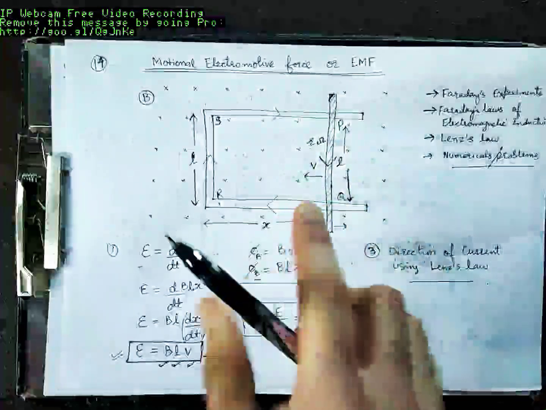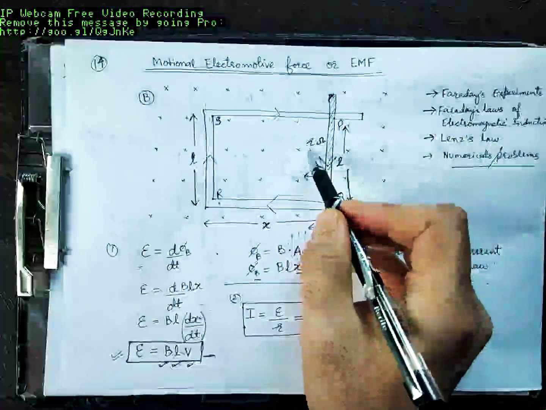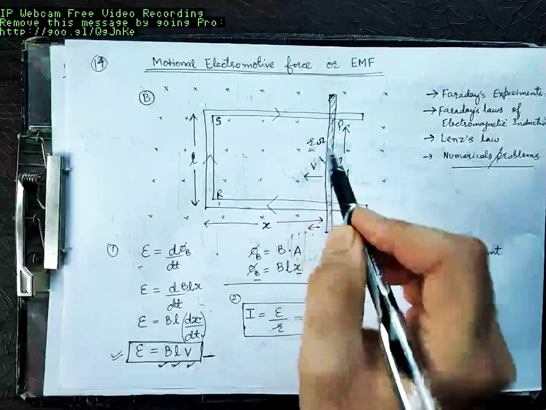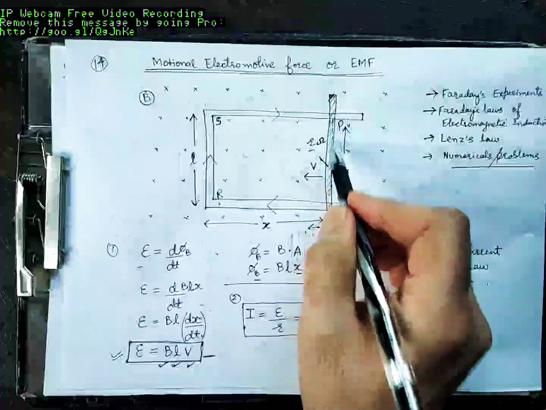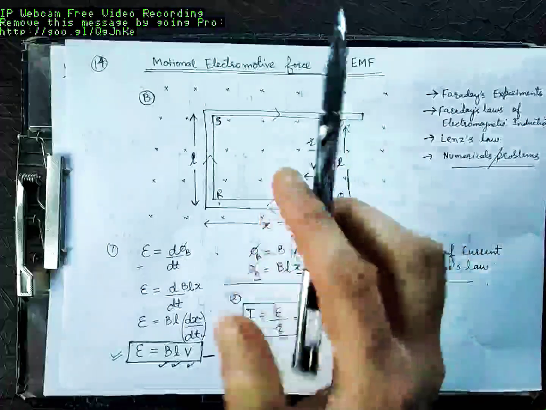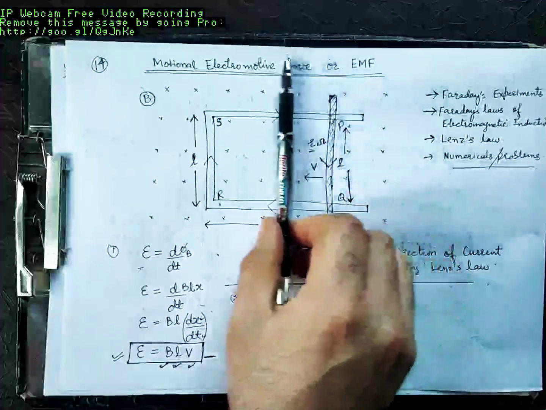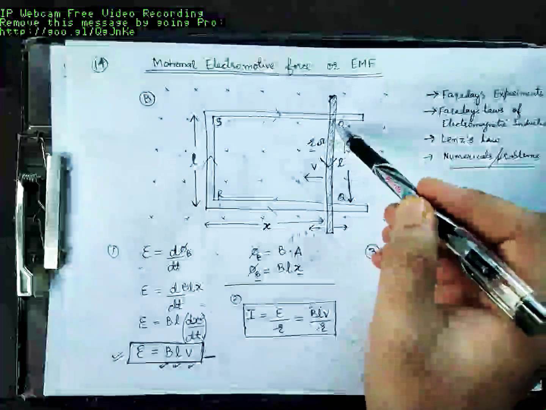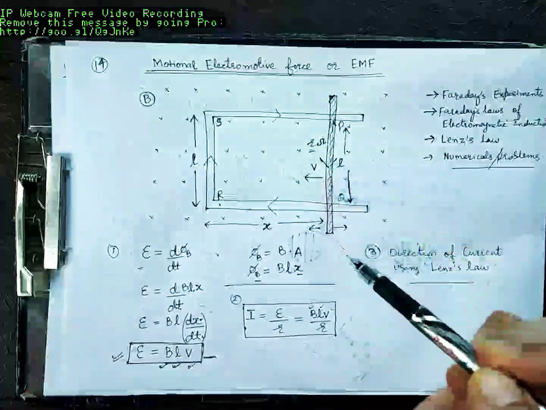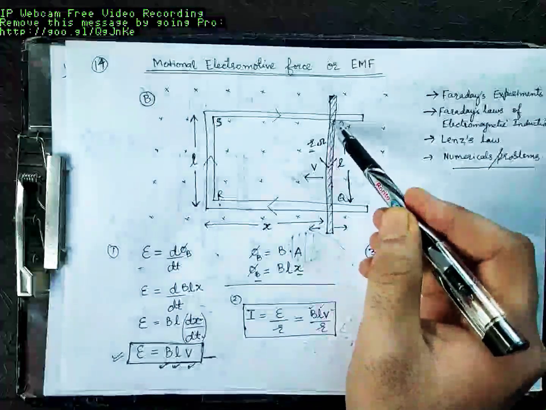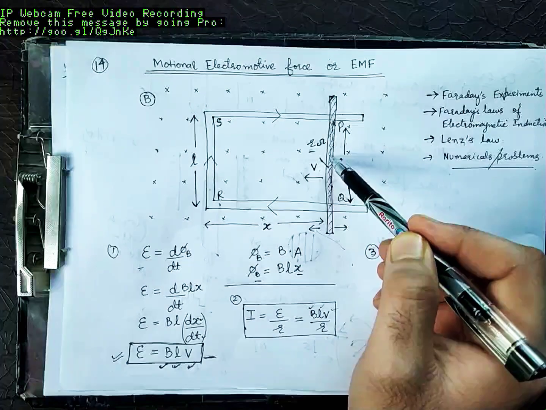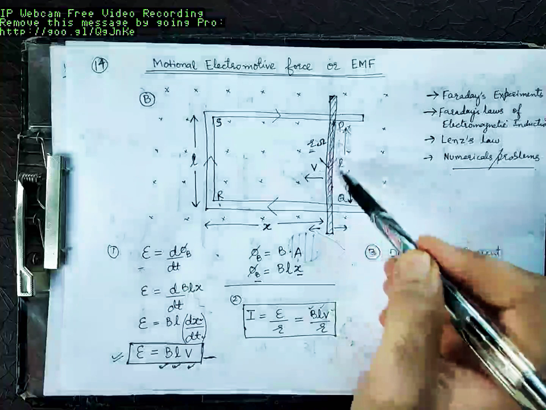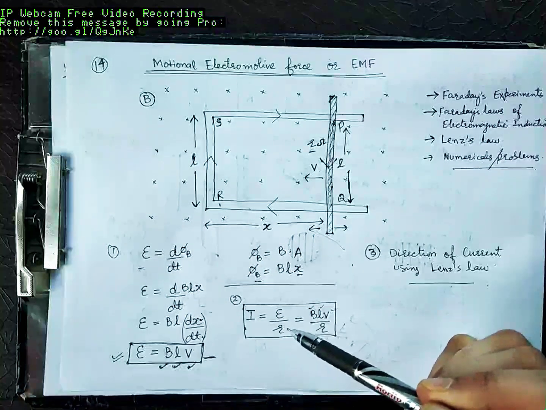In this case, since I am assuming this resistance R is the resistance of this whole conductor, the mechanical energy that you put in to move this conductor towards left is again converted into electrical energy across this resistance R. So this resistance will dissipate the power I square R. So this conductor will get hotter and hotter. This will become hot because of the Joule's effect of heating.